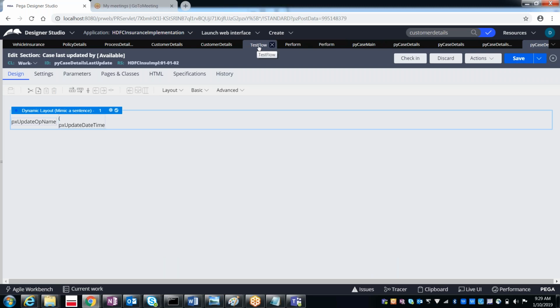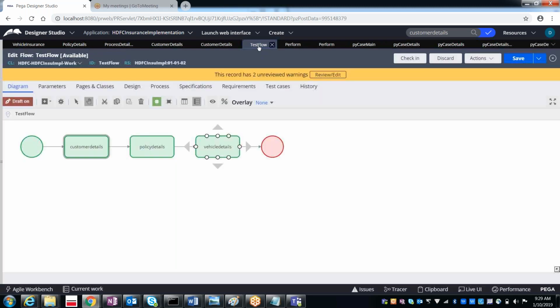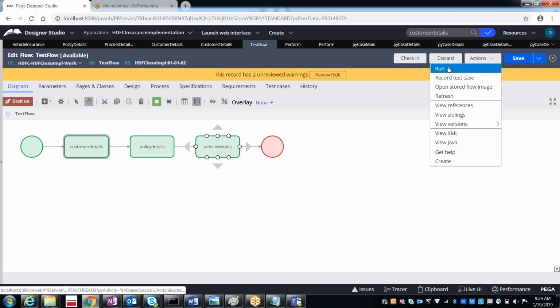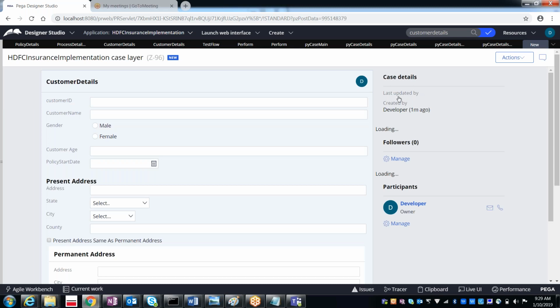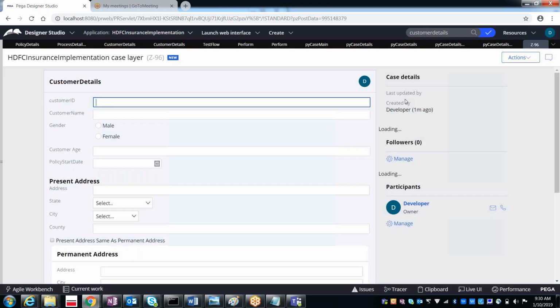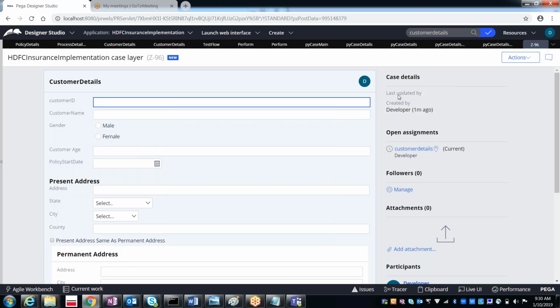Now when you run this, see, last updated by is not showing. The value is not showing. We just made the visible condition false for the value, not for the label.